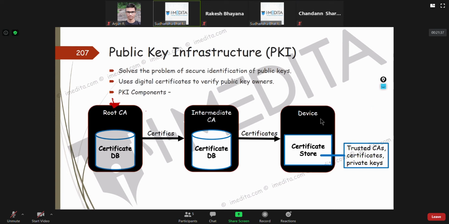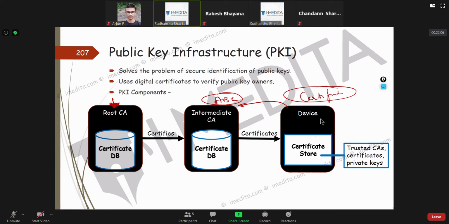And for the intermediate CA, I'm just taking raw examples, I don't know exact companies. Suppose I require a certificate for my device. I go to ABC company and ask them for a certificate, and they give me a certificate.